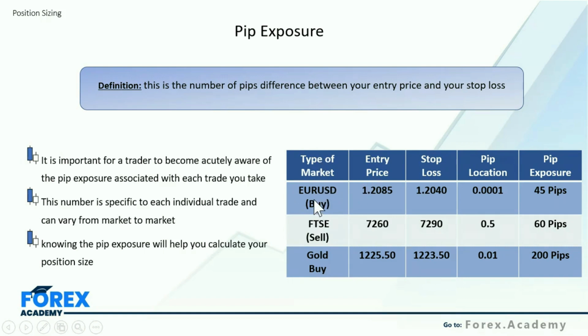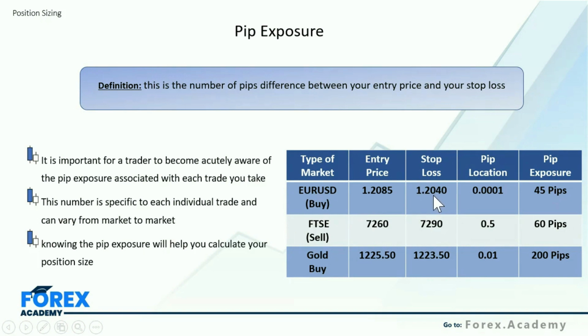So let's say we take the euro dollar to begin with, and we have an entry price. We've done our analysis and we identify that we would like to buy the euro dollar. The entry price that we would like to get into this market is 1.2085 to the 4th decimal place. However, we decided to place our stop loss at 1.2040. So if we know and we understand that the pip location of this market is to the 4th decimal place, we can literally take our entry price